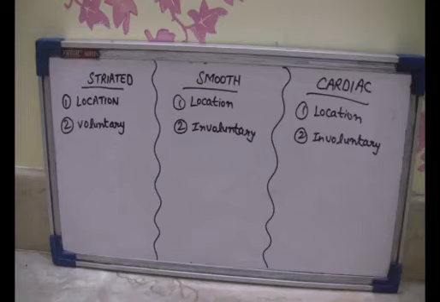The second difference is that the striated muscles are voluntary muscles, while the smooth and the cardiac muscles are involuntary muscles. Again, I am repeating, the voluntary muscles are those muscles which are under our control, and the involuntary muscles are not. We can easily move the voluntary muscles according to our will. But the involuntary muscles are not under our control, like the muscles of our heart, the muscles of our lungs. We can't control the contraction and relaxation of the muscles of lungs, heart,